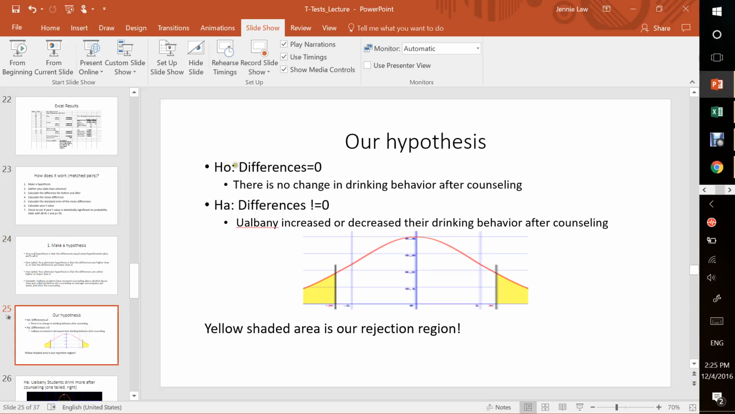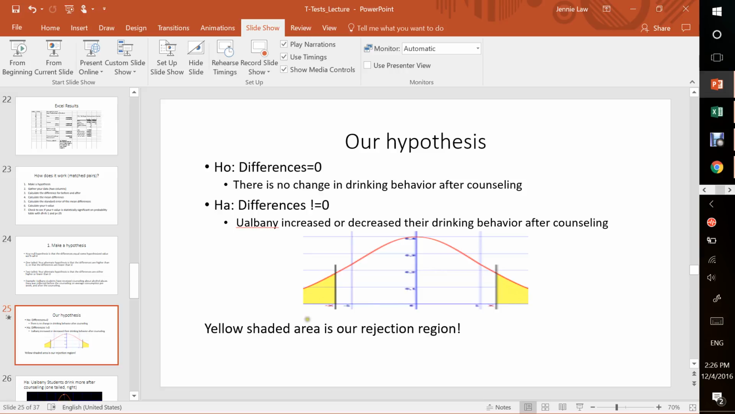So our hypothesis is that the differences are equal to 0, that there's no change in drinking behavior after counseling. And our alternate hypothesis, which you'll notice is two-tailed, is that the differences are not equal to 0. And again, our rejection region is this yellow area. With a two-tailed test, we're saying it's either higher or lower. So we're looking for either a higher effect or a lower effect because we're not sure whether it would be higher or lower. If our values fall in this yellow shaded rejection region for the differences and our means, then we get to reject our null hypothesis in favor of our alternate hypothesis,